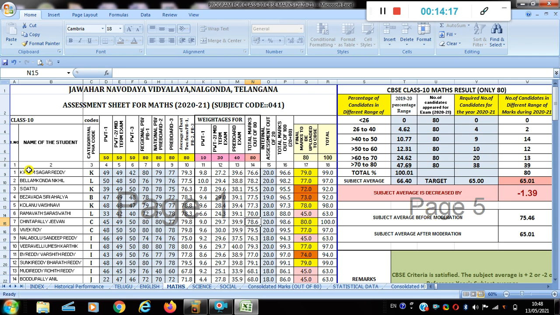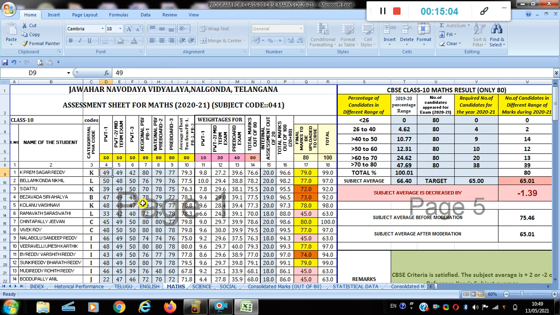Okay, now I will not take much time. Calculation of 80 marks, all of us know. PWT 10 weightage, half yearly or midterm 30, pre-board 40 marks. Whereas here in this cell, PWT 1 marks out of 50 to be entered, PWT 2 marks out of 50 to be entered here. If you have conducted for 60, you make this cell 60, whatever you understand. Then this is PWT 3, this is pre-board 1, this is pre-board 2, this is pre-board 3. Now if you enter these marks, the calculation part will be looked after by the program.